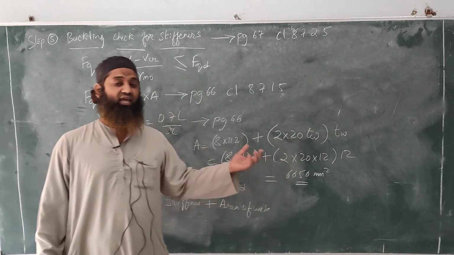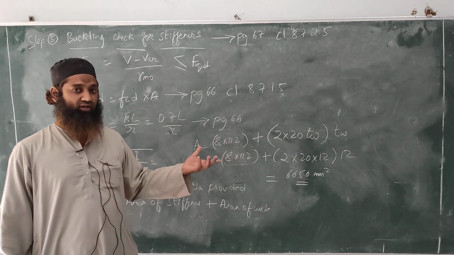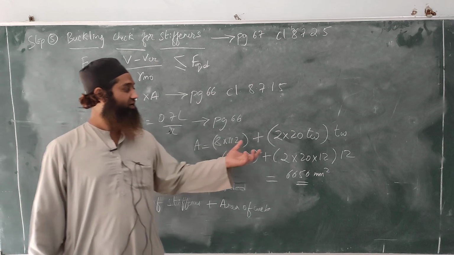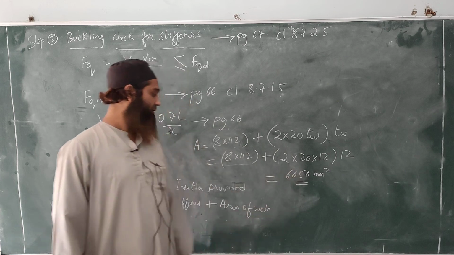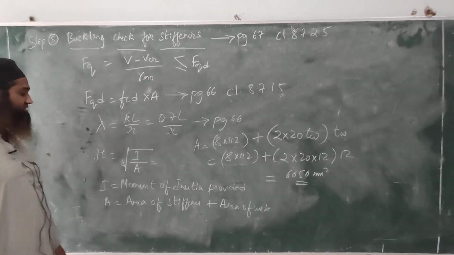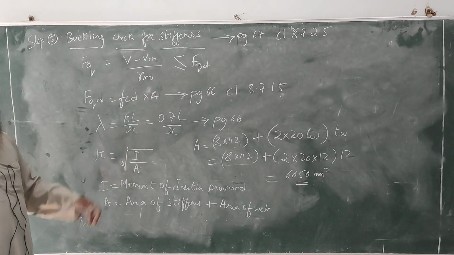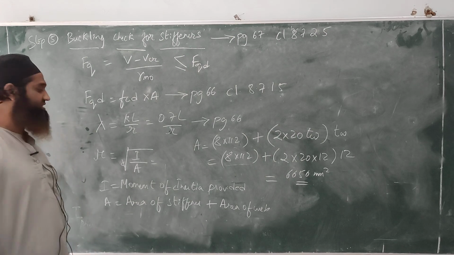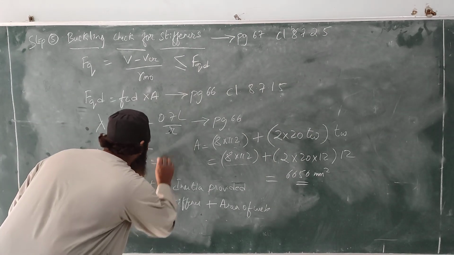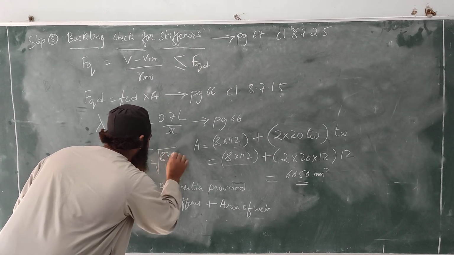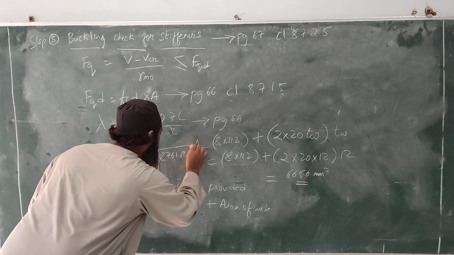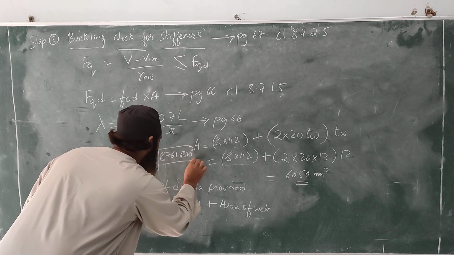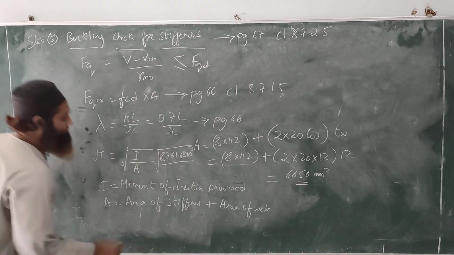This is what I'm calculating, the area of the web. So please be clear here, don't get confused here. It is very simple, just substitute these values. I'm getting it as 6656. I just substitute this value here. I had got it as 8761. So this will be the root of 8761.68 into 10 cube by this value 6656.